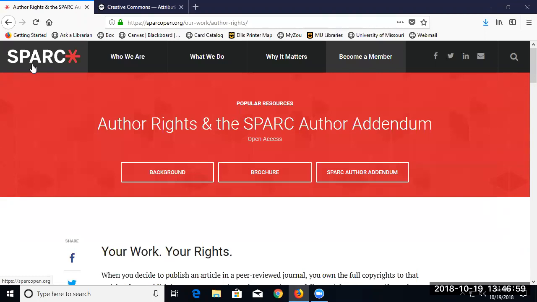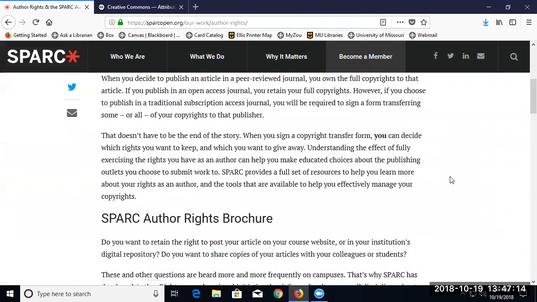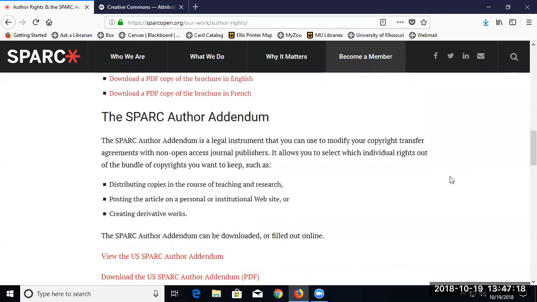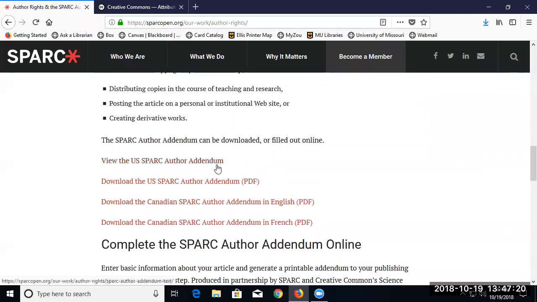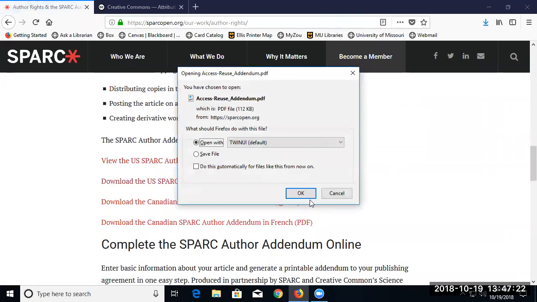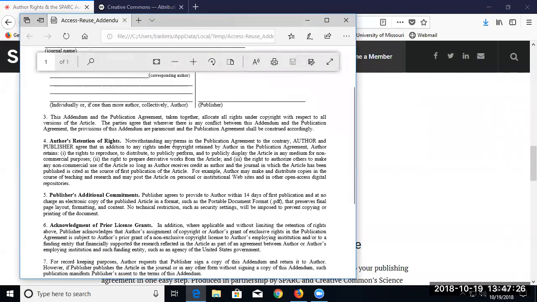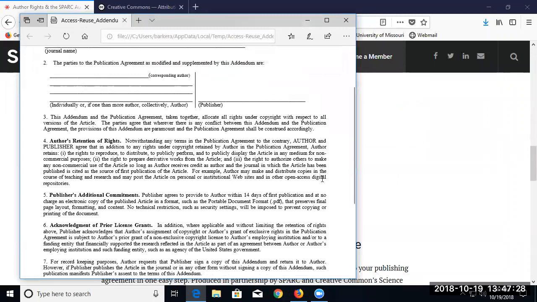But that meant that the author didn't have the right to put it in the institutional repository, hand it out to others in class, send copies to friends, revise it, republish it. So what SPARC has done, they've created an author addendum, which we recommend using. They have more information on here, and they have created this addendum. I think probably publishers are getting used to seeing this, where it just reserves certain rights to the author.